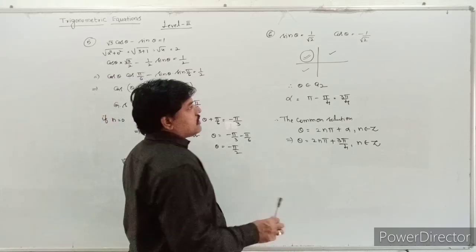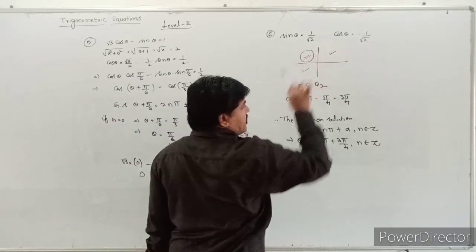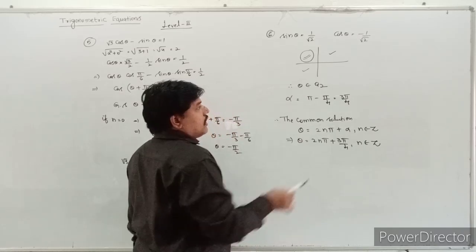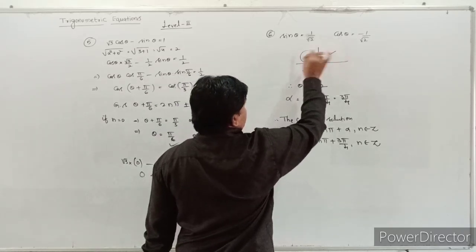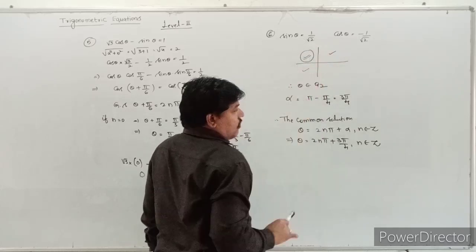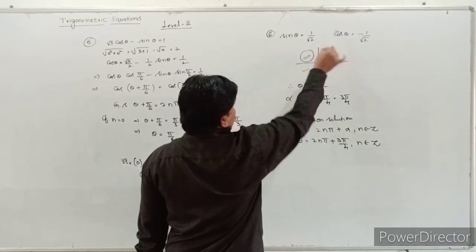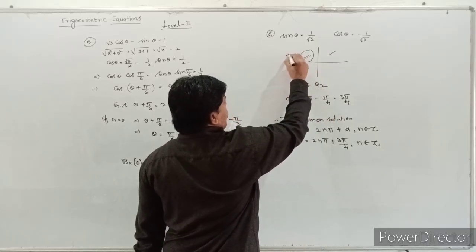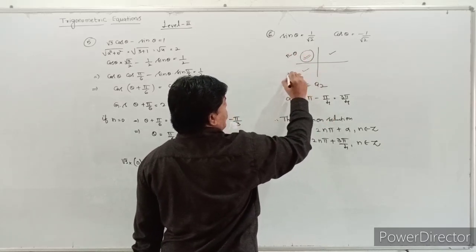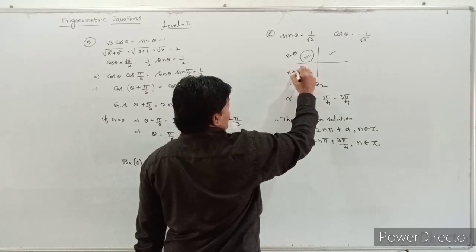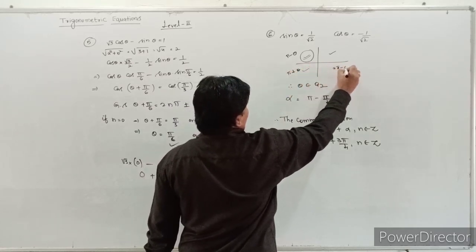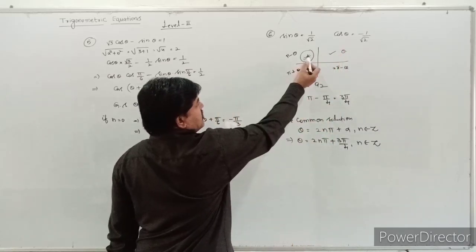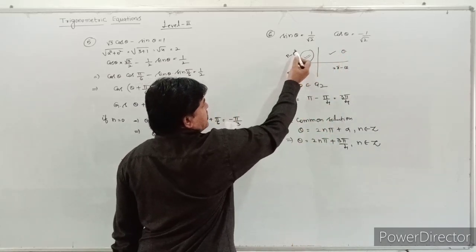So see that question, students, once again. If two trigonometric equations are given, how to write the common solution? First we have to identify what the common theta is. So theta belongs to the second quadrant. Sine is positive and cos is negative. In the second quadrant you have to take pi minus theta. Here you have to take pi plus theta. Here you have to take 2 pi minus theta. Here you have to take theta directly. So if theta belongs here, you have to write pi minus theta.